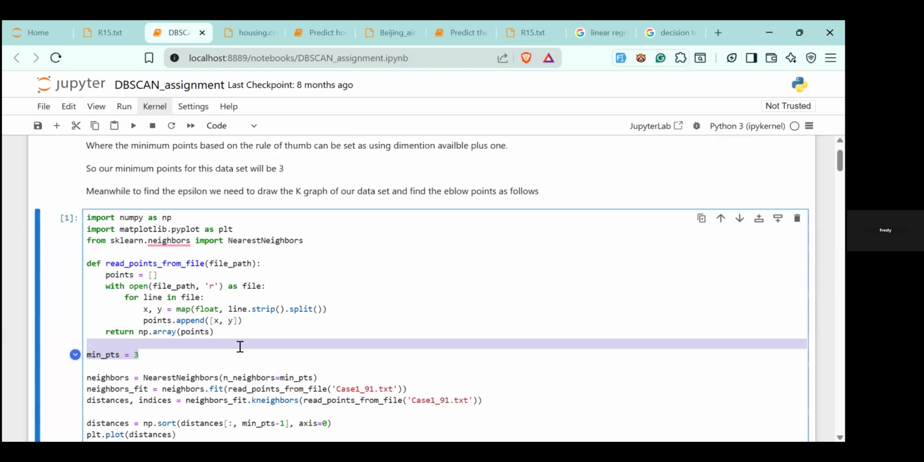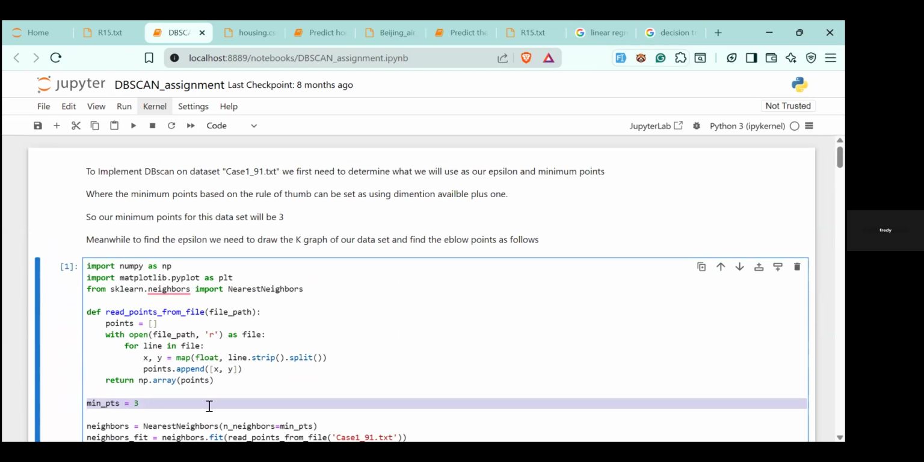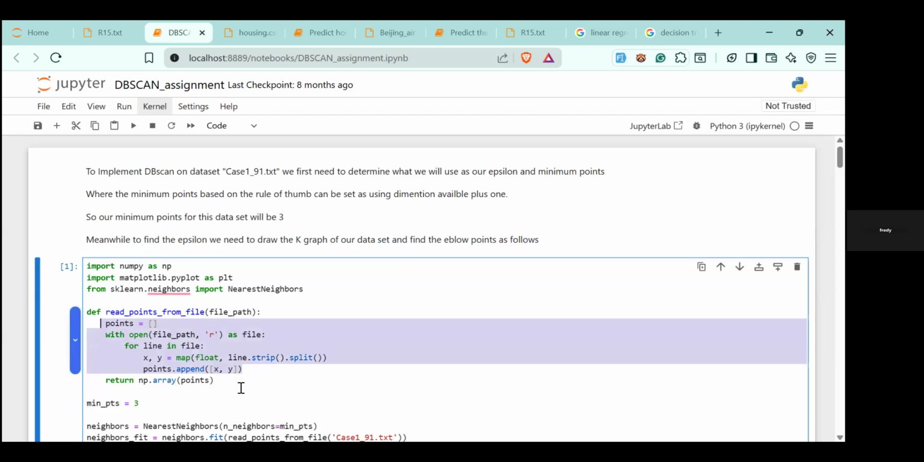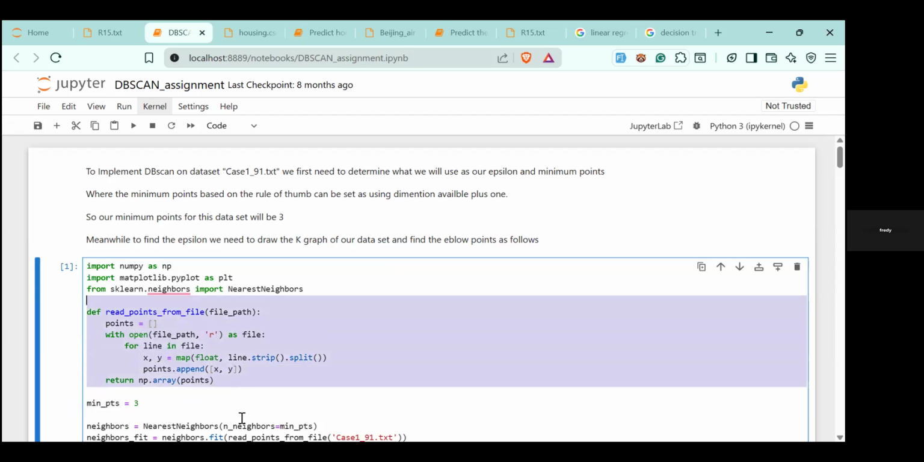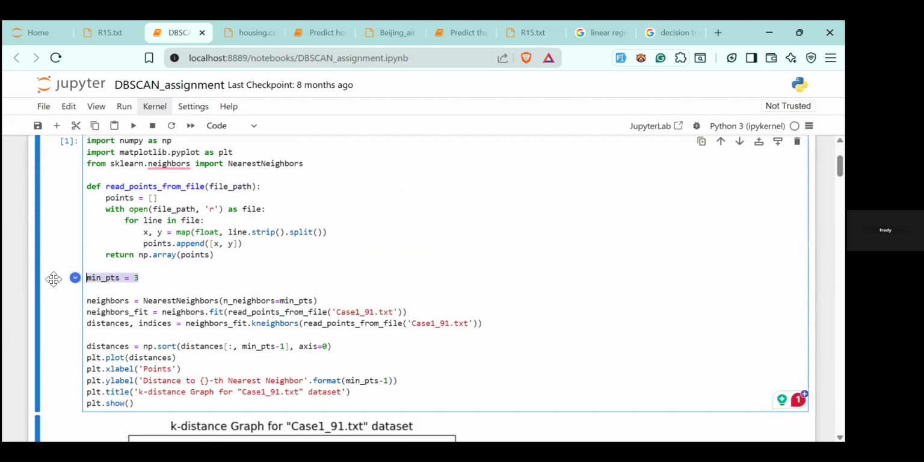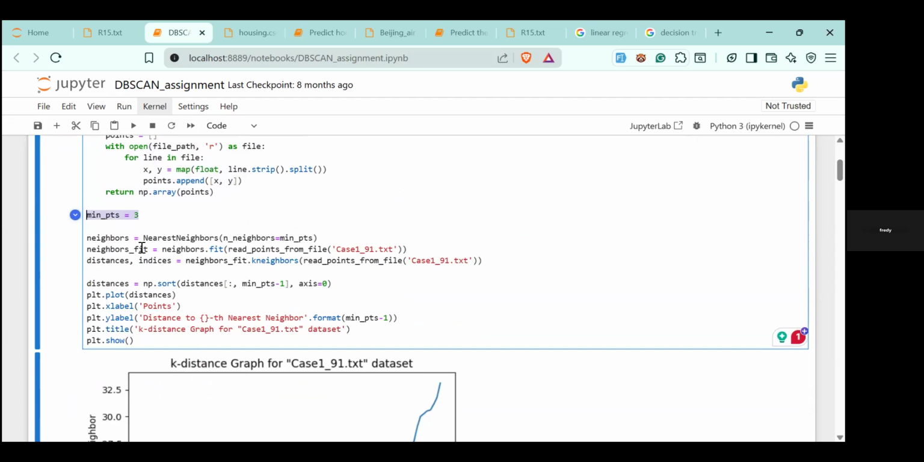epsilon would be. The min point we got from the rule of thumb is supposed to be 3. So basically what we do is read from the file. This is the function for reading the file, where we pass the file here, .txt, and then we assign the minimum points to be 3. And then from there, we start finding the neighbors, fit, distances and indexes, so that we can go on drawing the